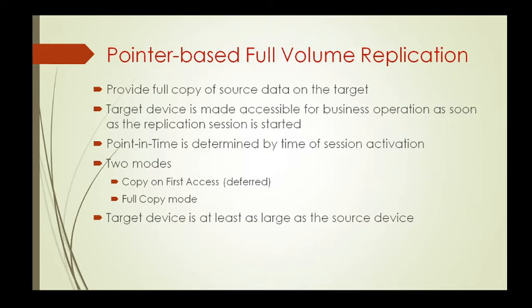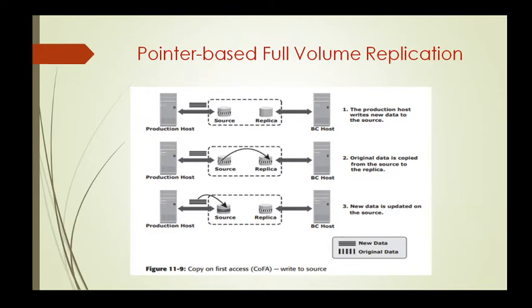The first condition is when a write IO is issued to a specific address of the source for the first time. The second one is when a read or write IO is issued to a specific address on the target for the first time. In the first case, it is only a write IO. In the second one, it is both read and write, read or write. In the first case, it was a specific address on the source for the first time. In the second one, it is a specific address on the target for the first time.